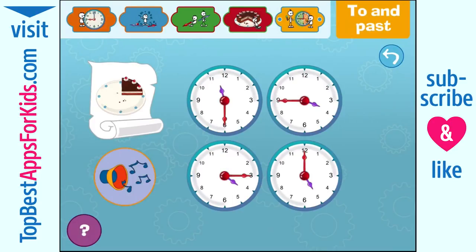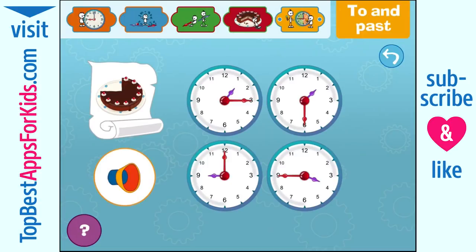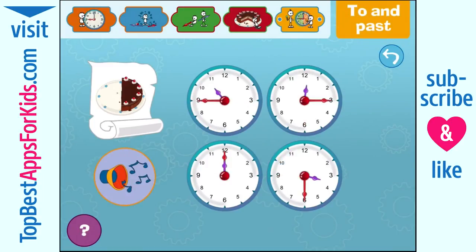Which clock shows 4:15? Super! You did such a good job! Which clock shows 4:45? Yes, exactly! Which clock shows 3:30? Super! You did such a good job! Which clock shows